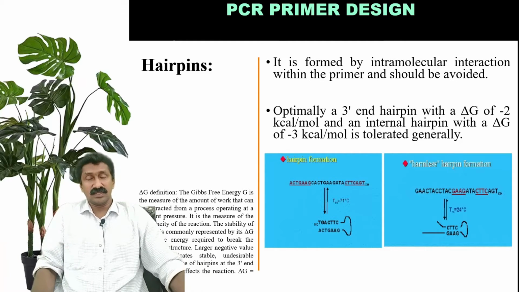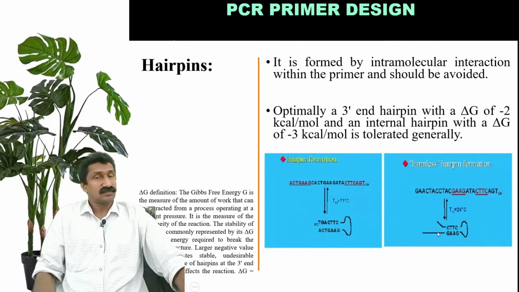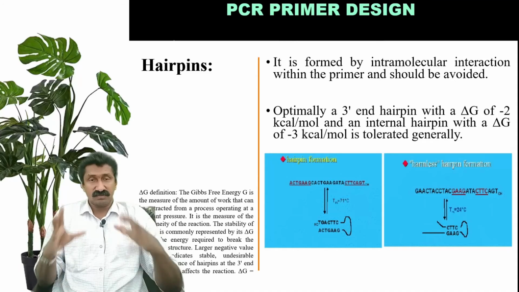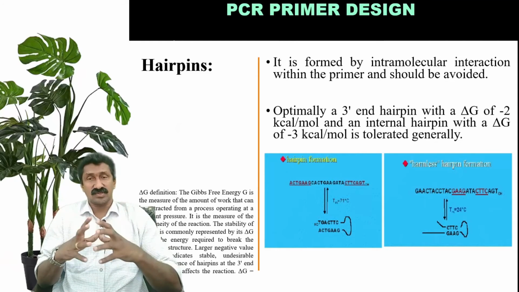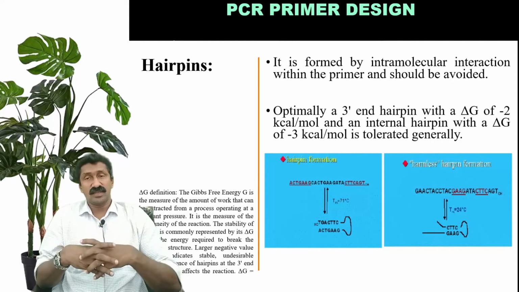DNA synthesis process. So this is a harmless hairpin formation. For example, the in-between regions of the primer are joined together, but still there are other regions available for binding. So this region can bind. So it is considered somewhat harmless hairpin formation, but still such secondary structures, especially hairpins, will affect the quality of the primer.